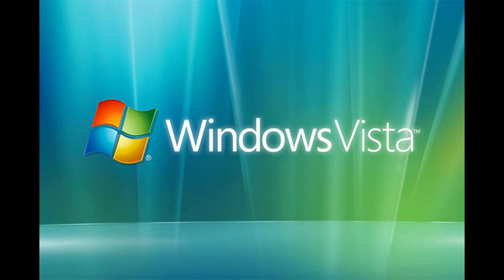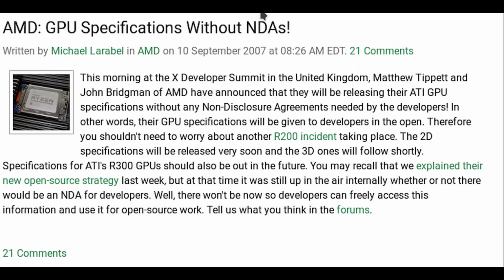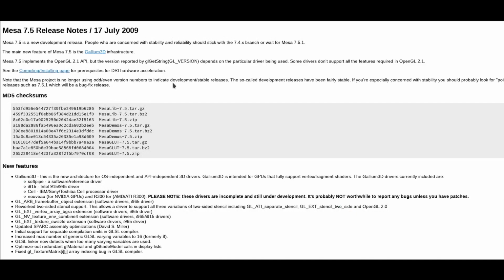The release of Windows Vista, with its new driver model, and DirectX 10 allowed AMD's driver development team to revamp their existing Linux driver support. In 2007, AMD announced a new open source initiative where they would release hardware documentation and specifications of their new R600 GPU, the HD2000 series. The open source Linux driver development was moving along at a rapid pace, and by 2009 had migrated to the